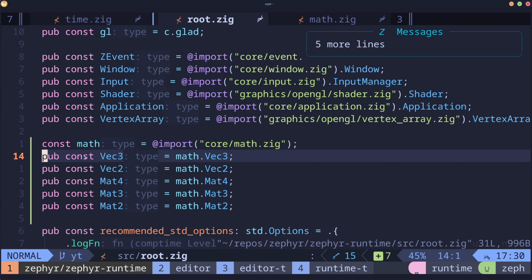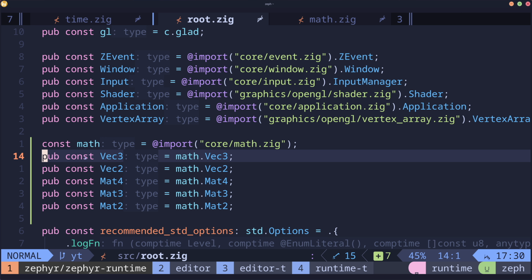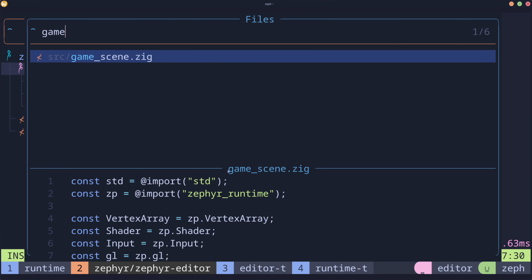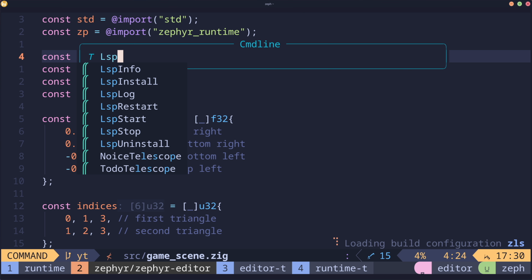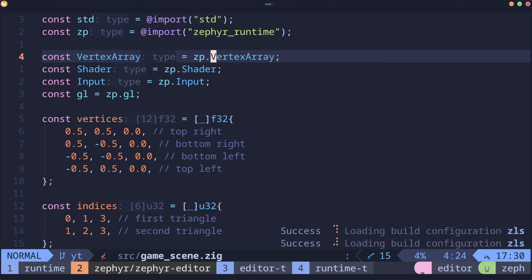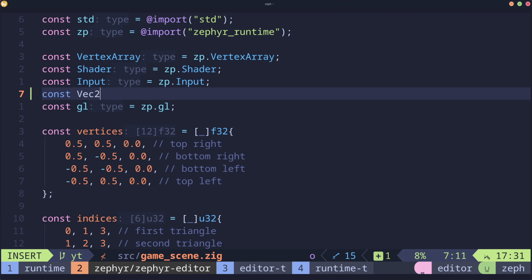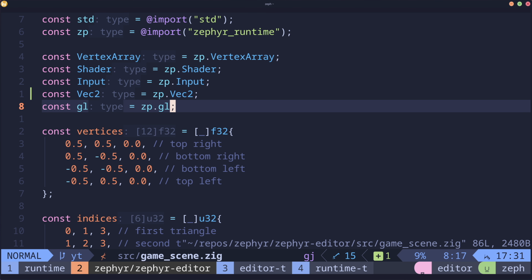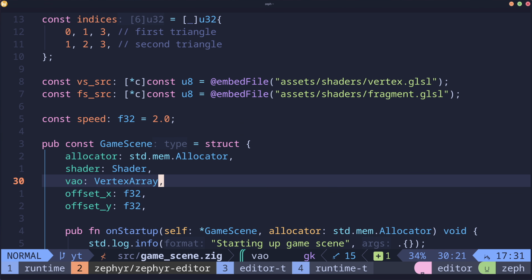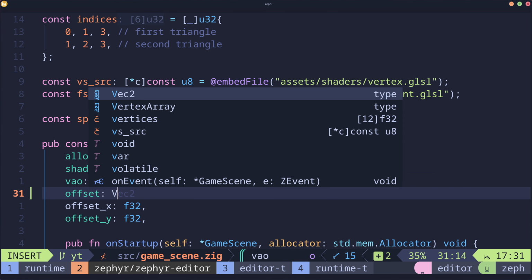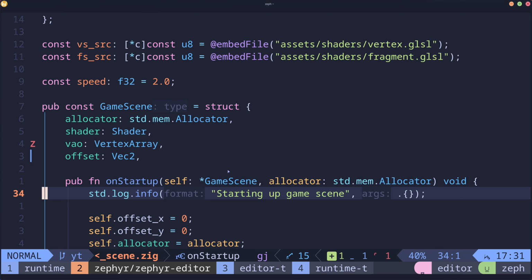And this just makes it easy to work with when we're actually importing, which we'll do right away. So now if we go back to our game scene, there we go. So now we have vec2. And what's really nice about this is now we can replace our offset to just be a vec2. So we get x and y,